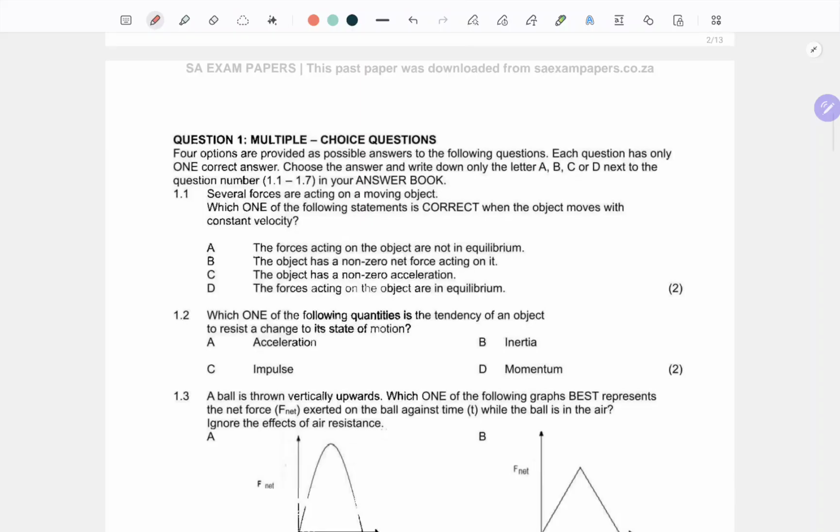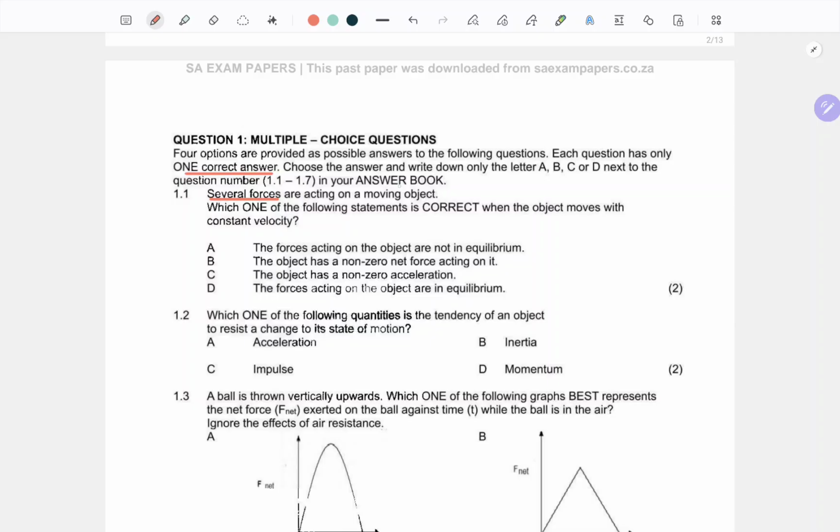Now we know MCQs, folks, and the most important is that there's only one correct answer. And essentially, folks, if you find more than one answer, just know there's a very good chance the other answers have some flaws in them, or if at all they are all equally correct, just follow the instruction and choose just one answer. All right, so 1.1 says several forces,